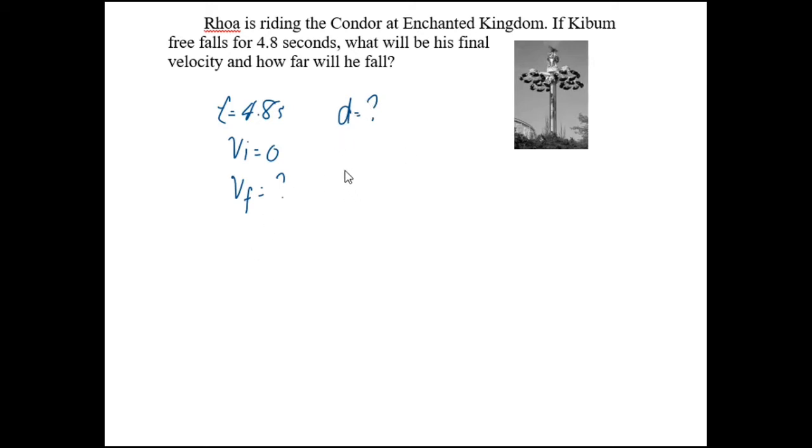Our distance equation, recall that we have d equals ViT minus 1/2 GT squared. So we're given the time, then we also know g, then the initial velocity is 0, so we can solve for the distance using this equation. Our Vi now is equal to 0. Distance equals negative 1/2. G is 9.8. Again, substitute the 9.8 without the negative sign anymore because it's already included in the equation. Times the time given, which is 4.8